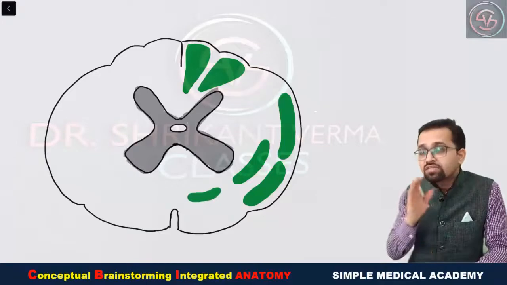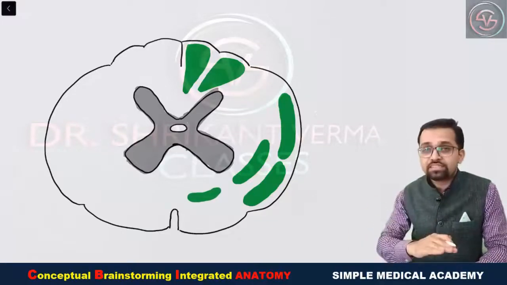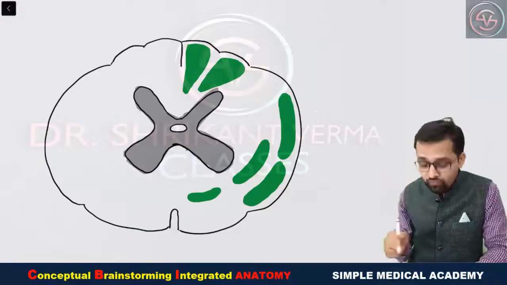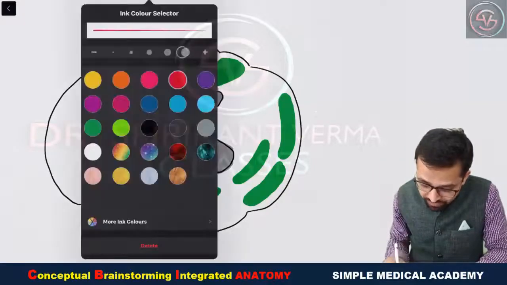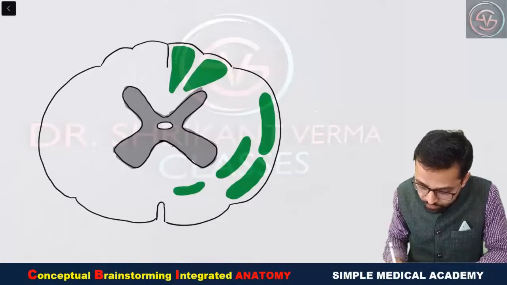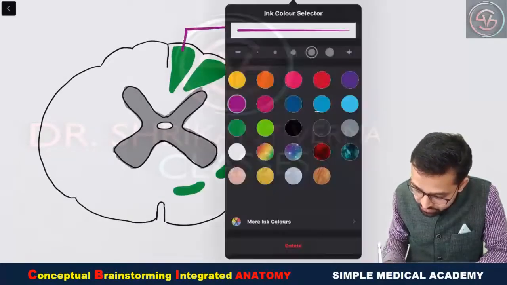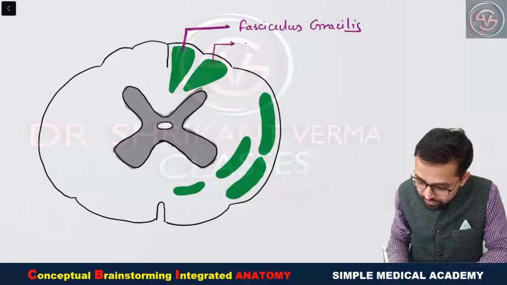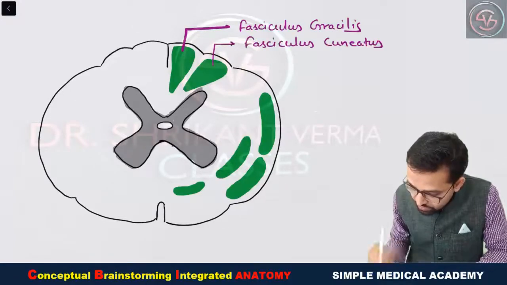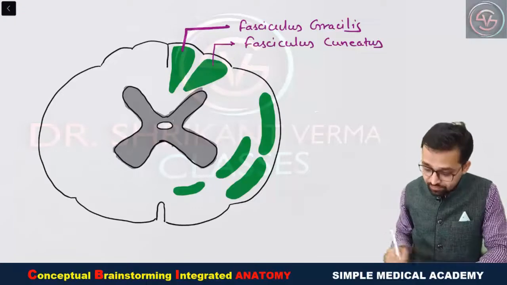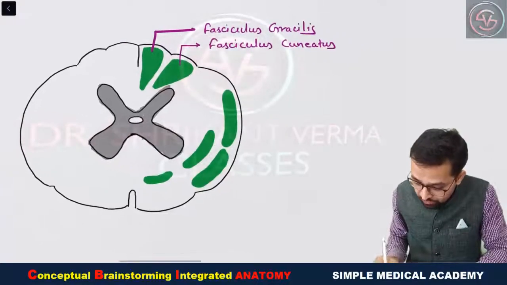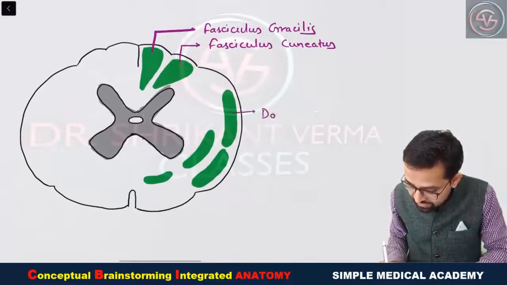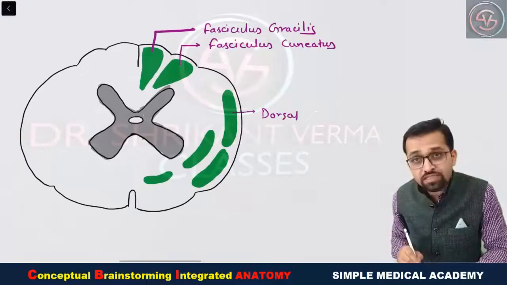So these are the ascending tracts. Remember, these are located on the right and left both sides, but here we are only showing one side. So what are the various important ascending tracts we have observed? This is fasciculus gracilis. Here is fasciculus cuneatus, and on the lateral white column this is on the back side. That's why dorsal, also you can say posterior,